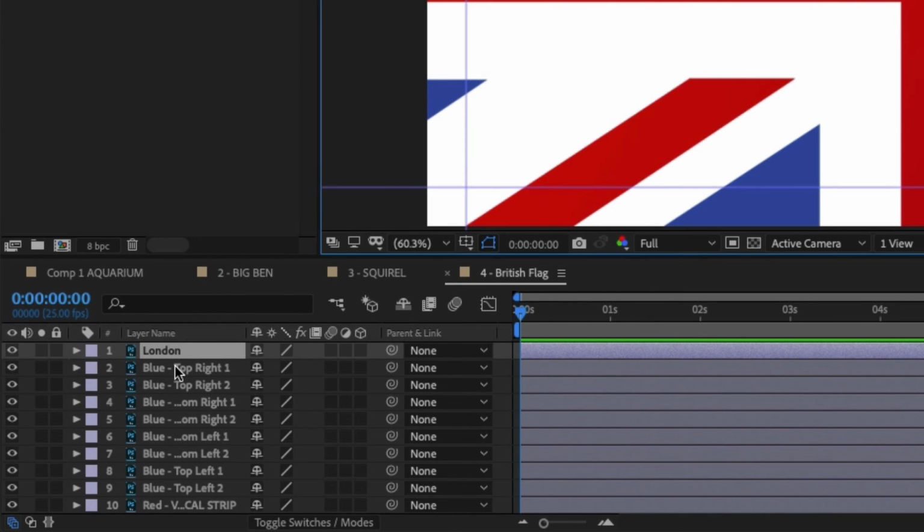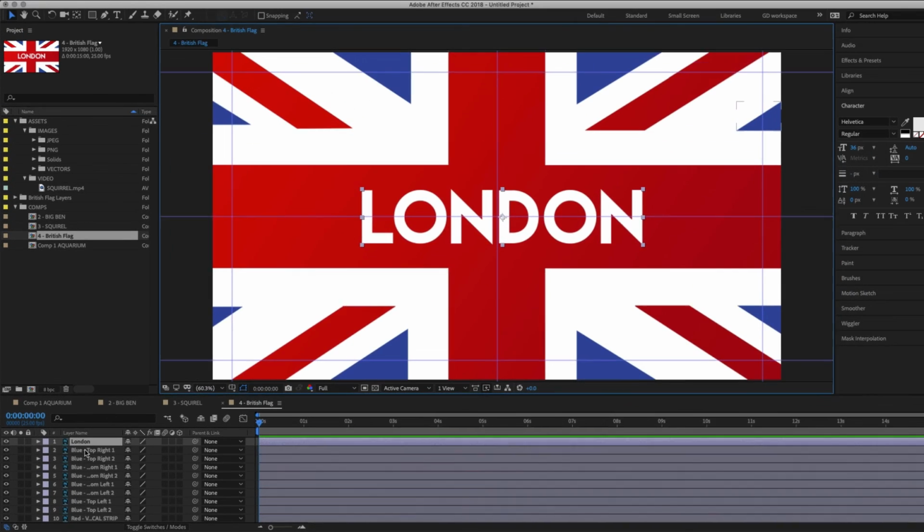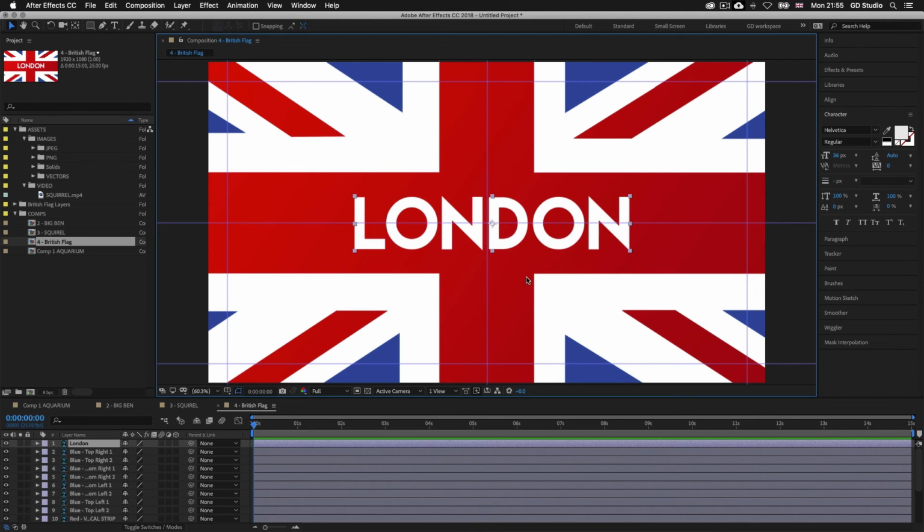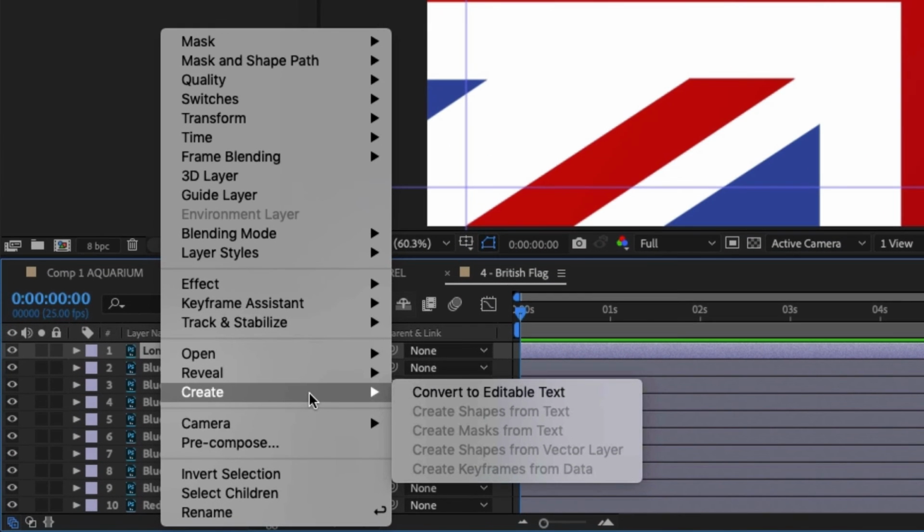Now this layer was created in the Photoshop artwork created outside After Effects. But what if we wanted to edit this type? Change the size or the typeface perhaps? Well, After Effects recognizes this is a type layer. With the type layer selected, if we right click and select Create, then scroll across and click Convert to Editable Type,